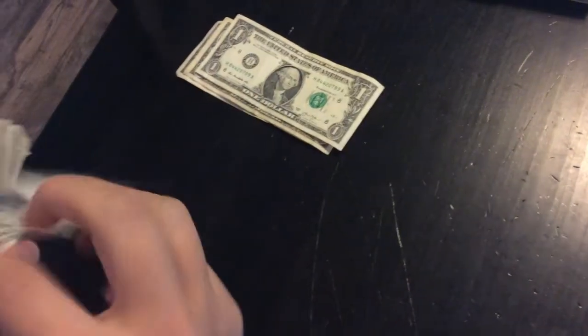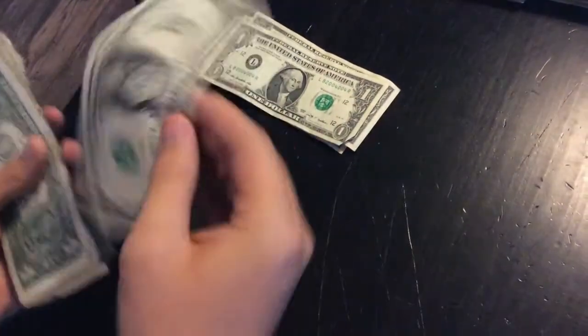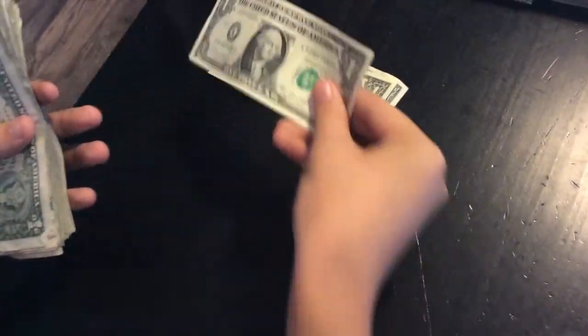So we're going to push these up. We're going to move up these 400 and go through this 100 right here. We're going to unrip this and we're going to go on the hunt. All right, so nothing there. I'm going to make sure they're all facing this way. I'm going to try to be a little fast on this while still looking,